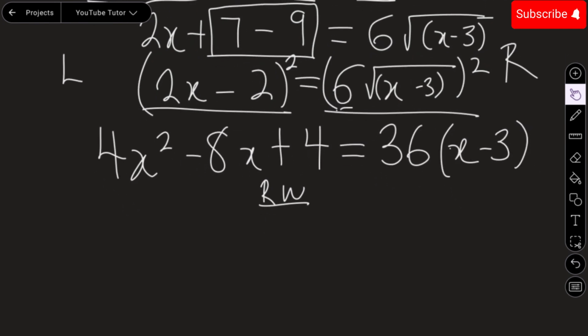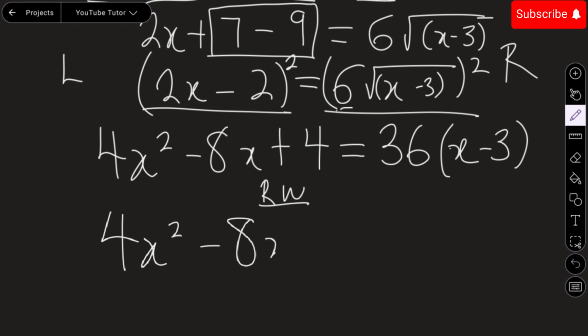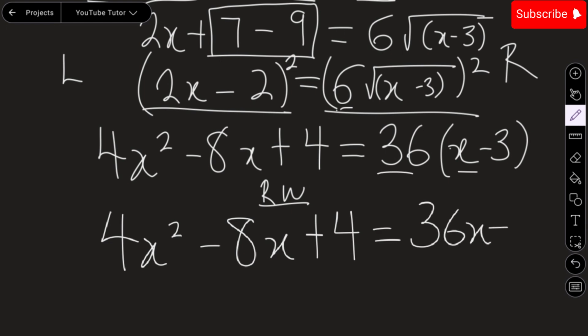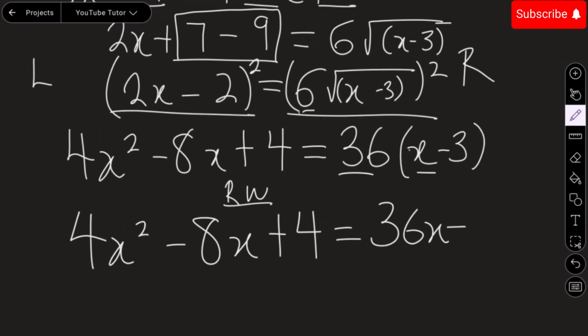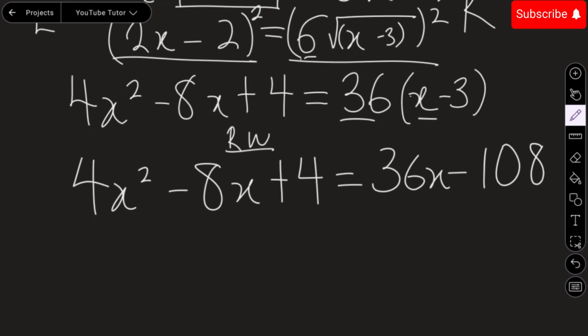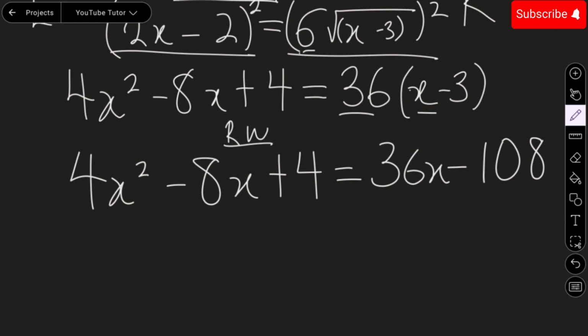Okay, so let's just leave it this way. Now we have 4x squared minus 8x plus 4 is equal to 36 times x gives us 36x, minus 36 times 3 gives us 108, if you check your calculators. And now what we get here is 4x squared